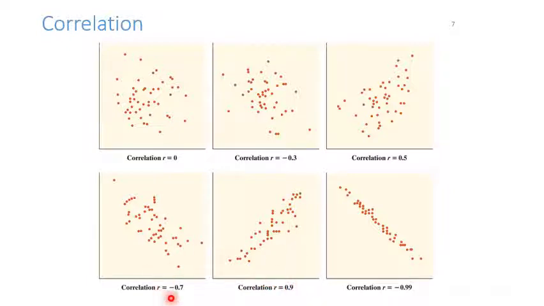What you are seeing as negative means nothing but this: when X increases, Y decreases, then correlation is negative. But when X is increasing and Y is increasing, then it's a positive correlation. So keeping that in mind, here we can understand correlation R is equal to -0.99, that is almost -1. So it's showing a strong linear relationship.